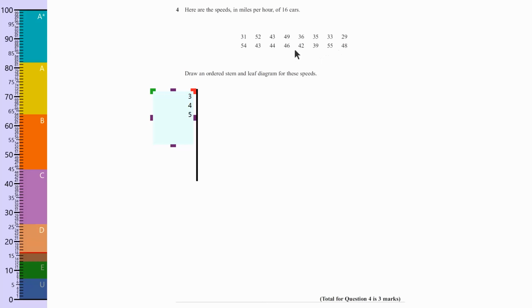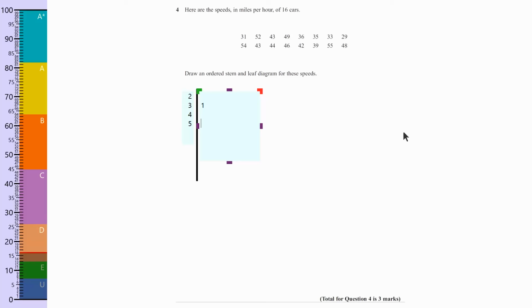Looking around, I think that's it. I don't think there are any 60s, and there's 20 there, there's 29, so we need to put a 2 in for that 29. Okay. And next we need to put in the units. Now, if I order this nicely and get this to the other side, so 31 would include a 1 there,